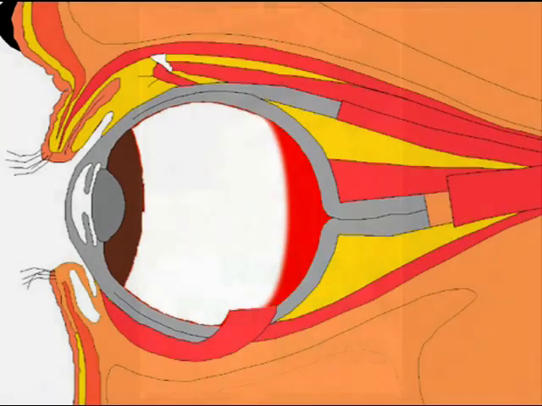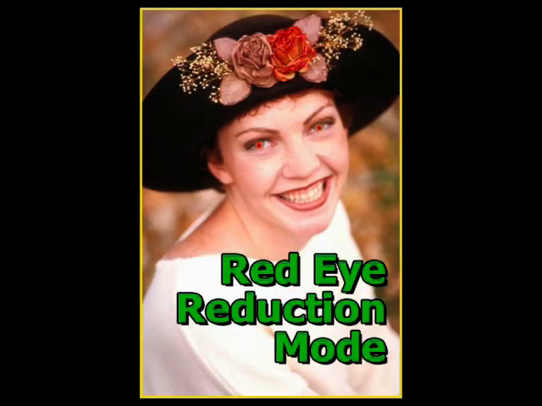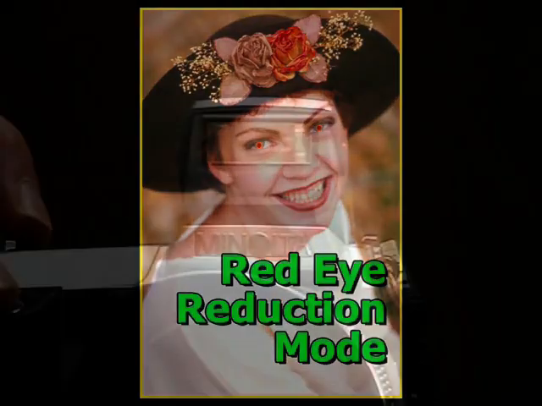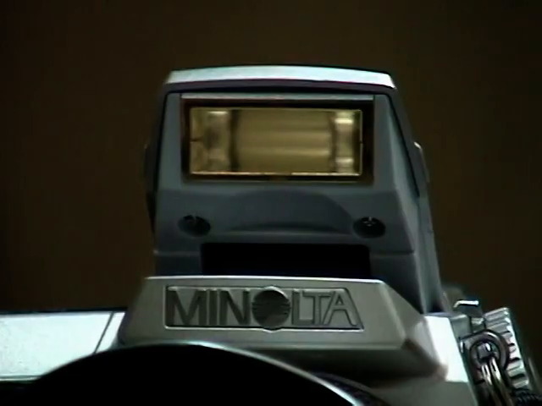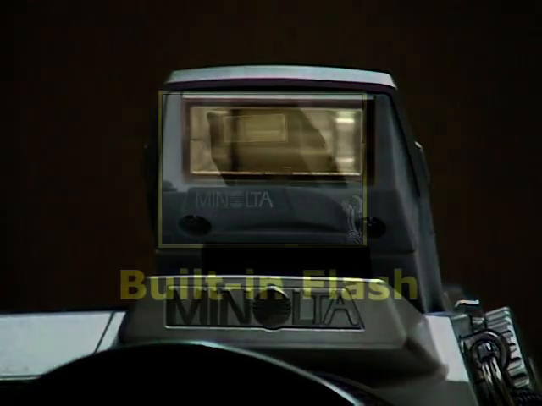Some flash units have a red eye reduction mode. These work by firing a separate red eye reduction lamp or a series of short flash bursts from the main flash unit to close the iris of the eye a little before firing the actual flash used to take the